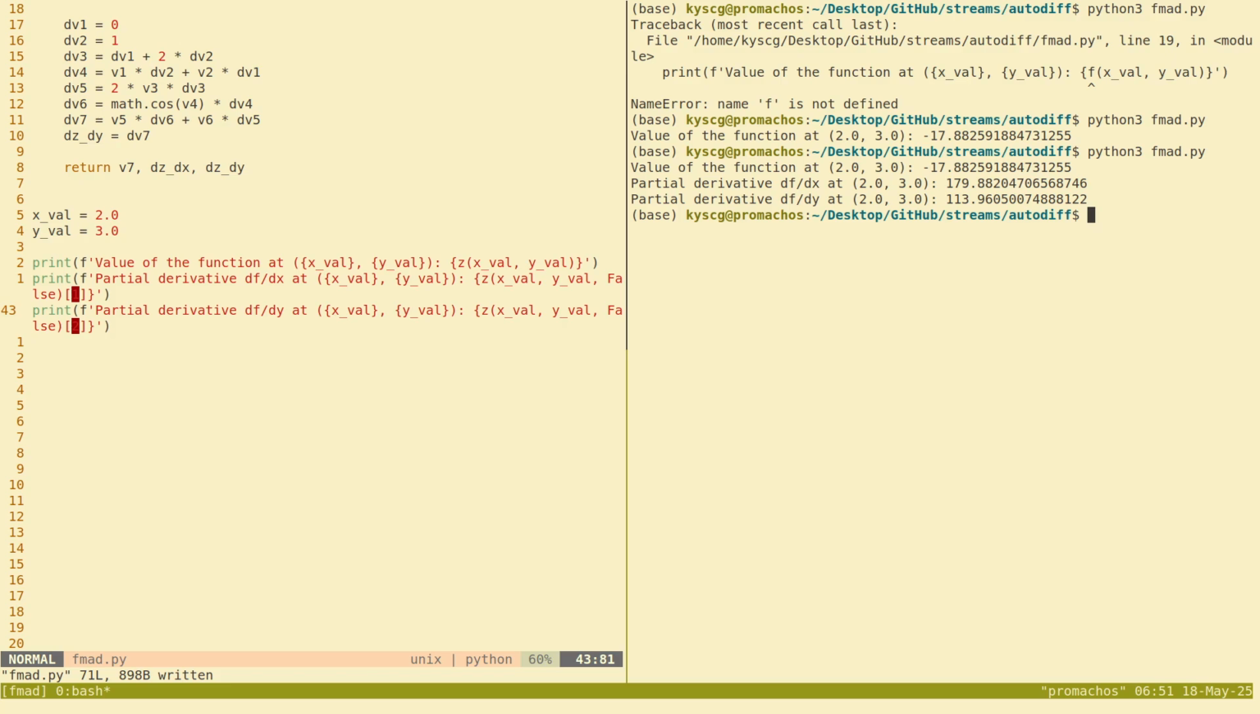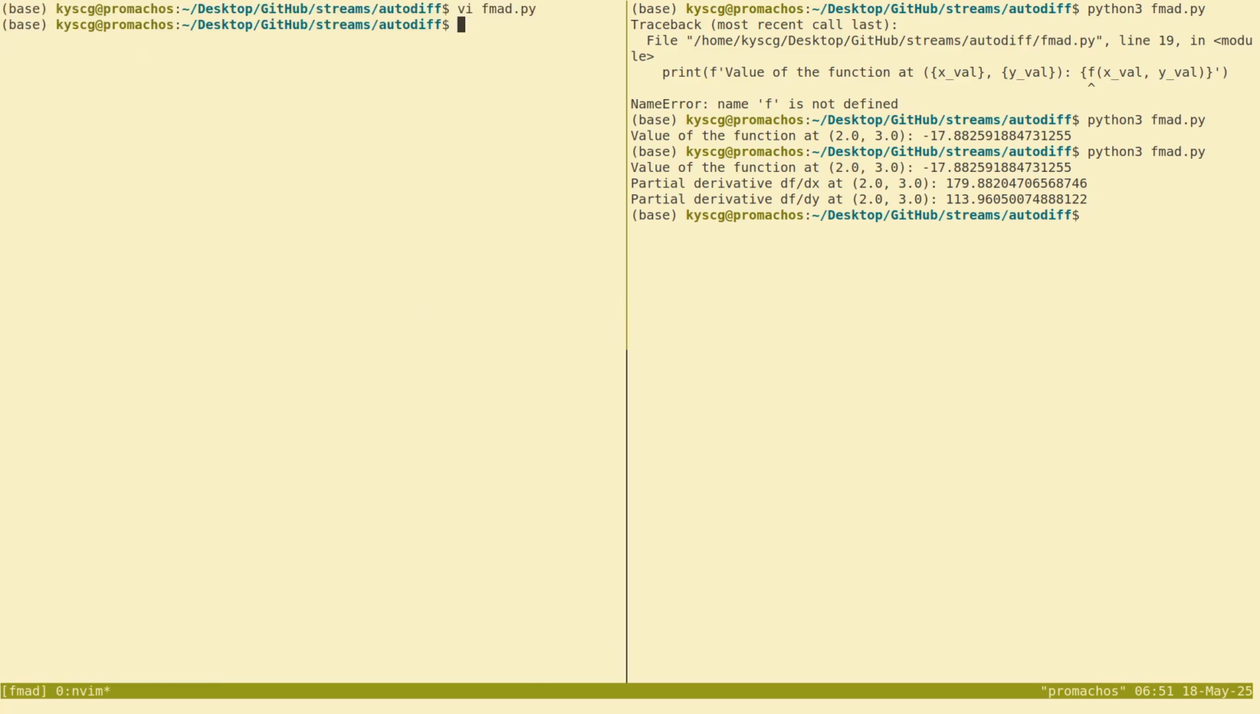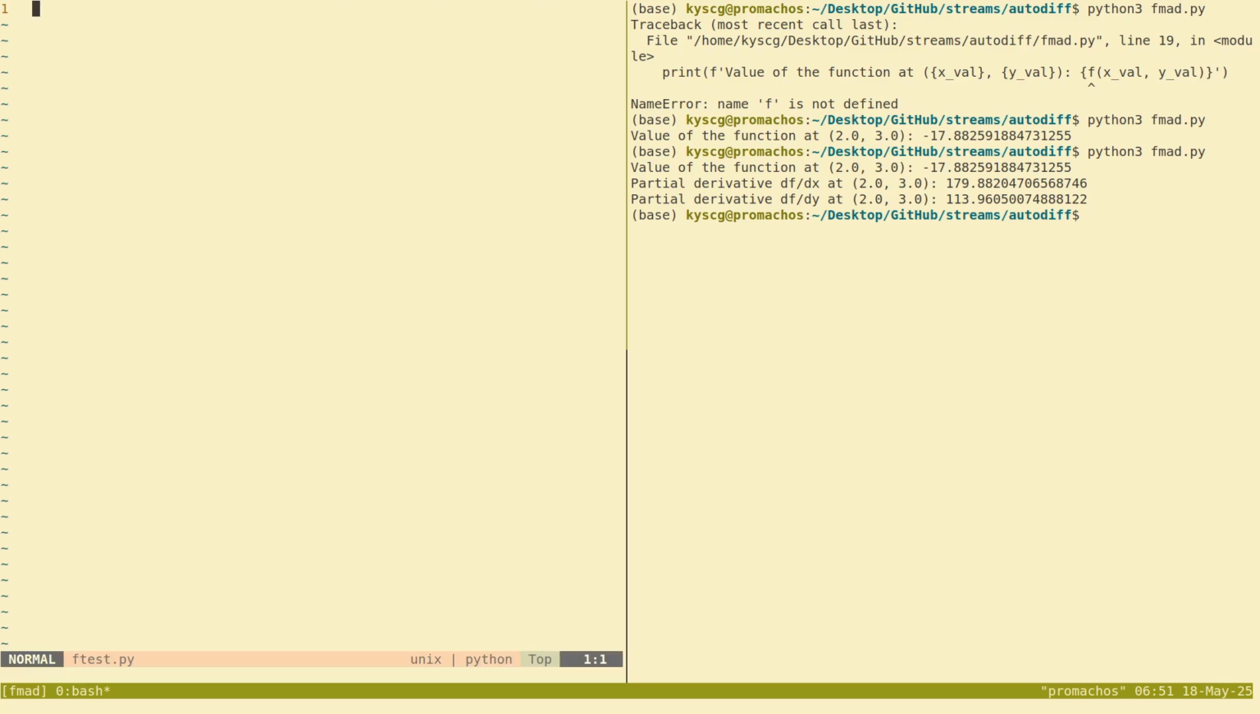So let's quickly close this and write a function called ftest. I'll try and do this as quickly as I can so that we don't have to waste time. So def fxy is return math.sin. I'm doing the sine because I don't want to run into any sort of arithmetic operator hierarchy issues. Then